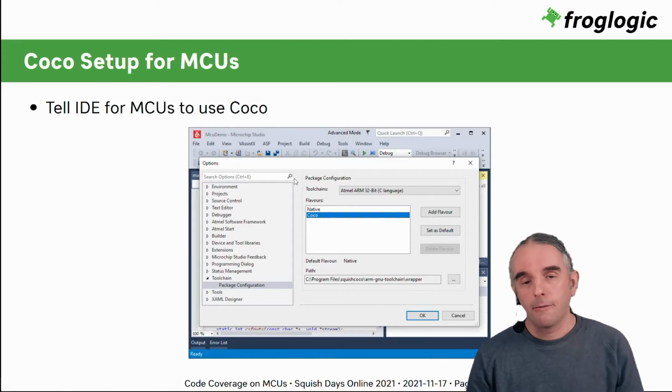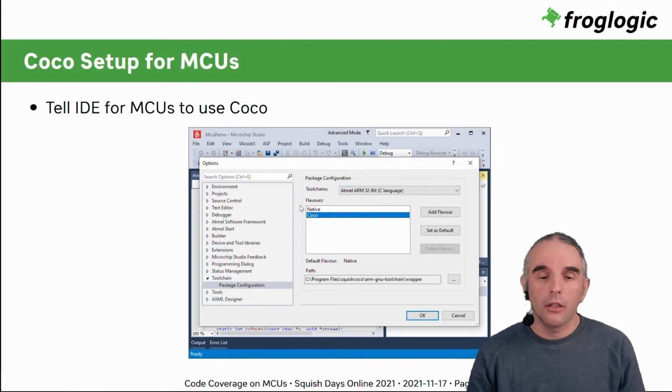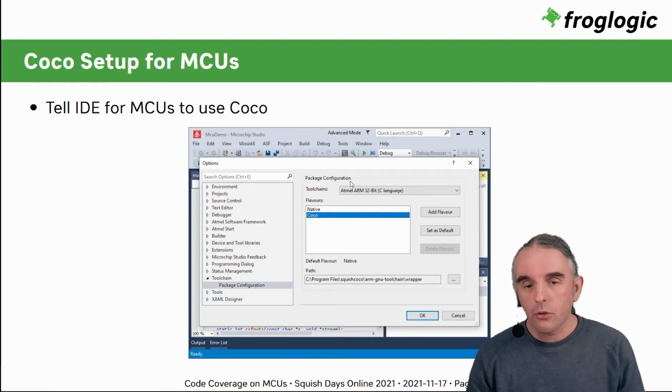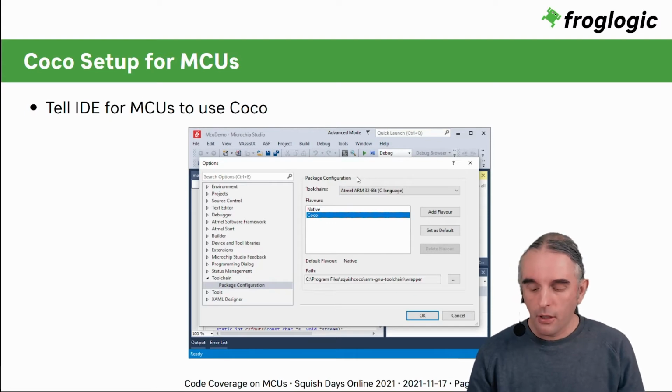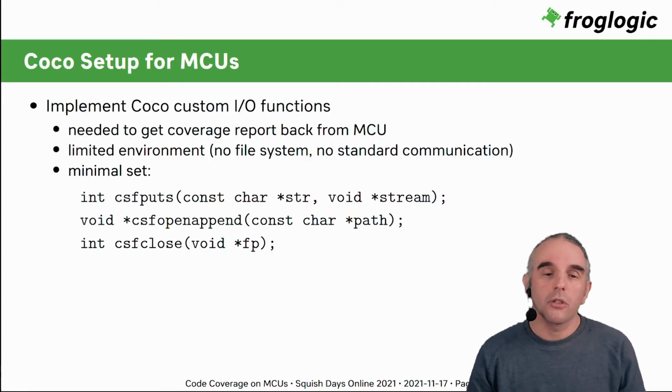Inside of this, in the setup for this tool, you have to say that you want to use Squish Coco as your tool chain to instrument the tests, so that you get good coverage of your results. This process is true in general for any kind of compiler, but